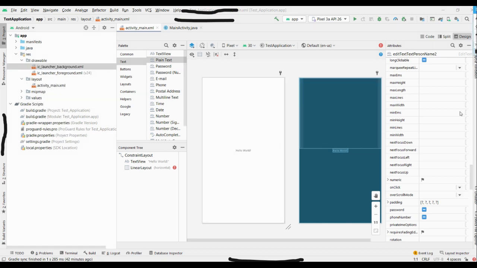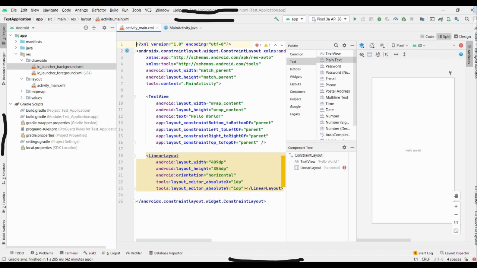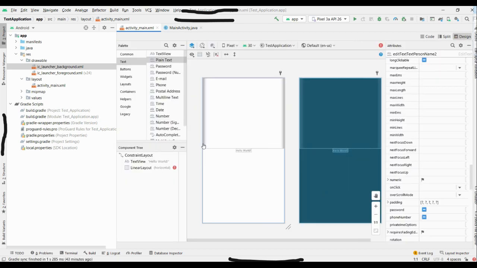As you all know, students, we can change the layout of this design sections. So whatever we design here, that will be converted to XML in the backend. So we can see when we go to code. So this is the code view where we can see the XML, and if you select the split, you can see the XML code and also the design level screen. And if you select this design, we see only the design contents.